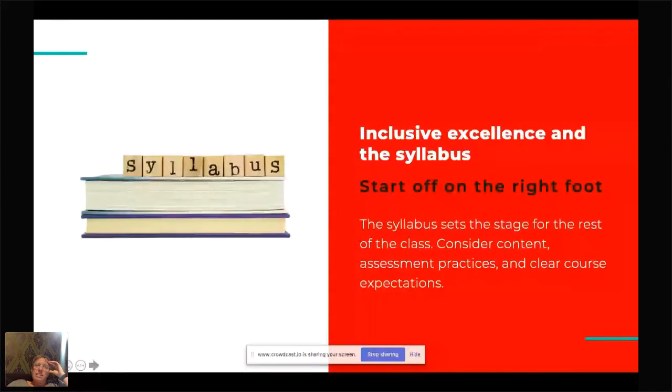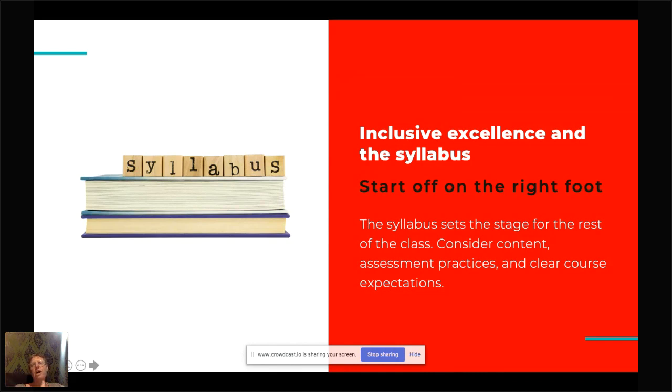When I say consider content, I really mean consider the backgrounds of the authors that you teach. So to go back to my transgender studies class, I make sure that the majority of the authors in that class are transgender or gender nonconforming, because I think that's really important that those voices are prioritized. I also make sure to include intersectional voices, people from different age groups, different countries, different racial backgrounds, class backgrounds, ability status, trying to get a full range of sort of representations in the content.